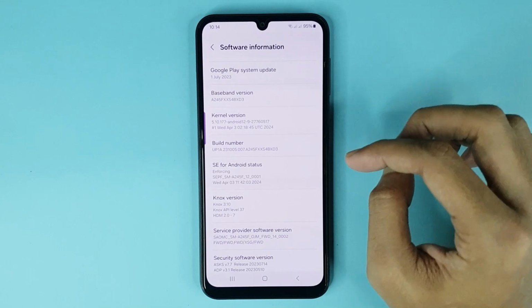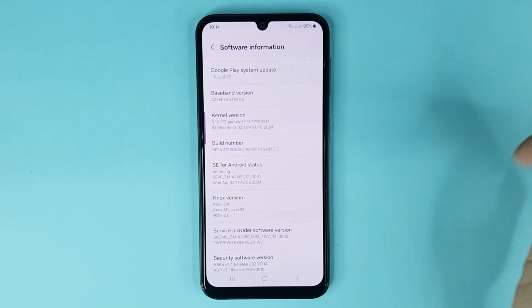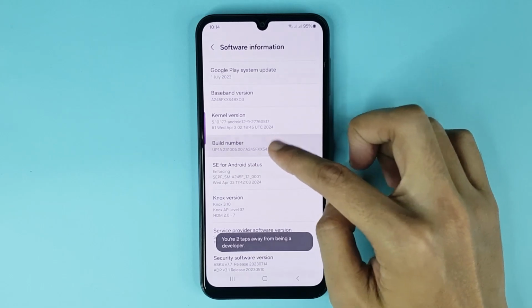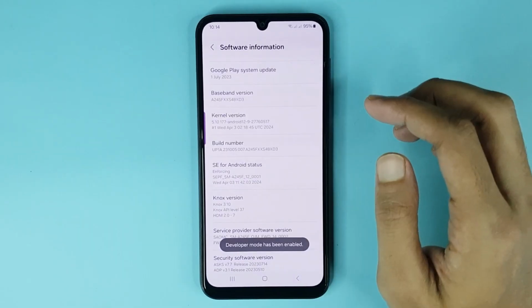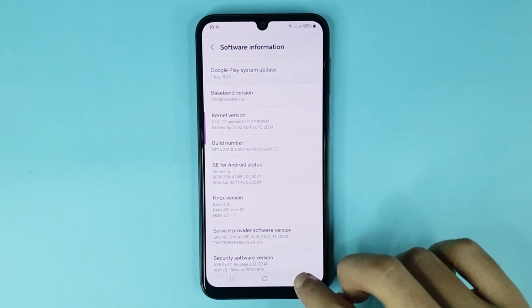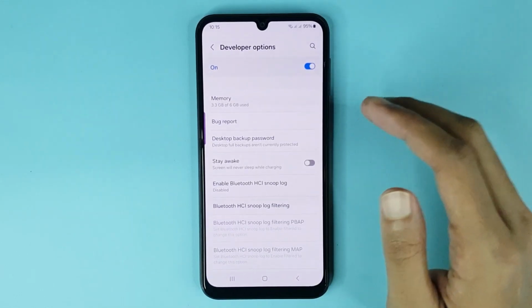Now to enable developer mode, first you have to tap build number 7 times. Now just do it 1 2 3 4 5 6 7 and then draw your current pin or pattern and it's enabled. Now if you go back and here at the bottom you can see developer mode has been enabled